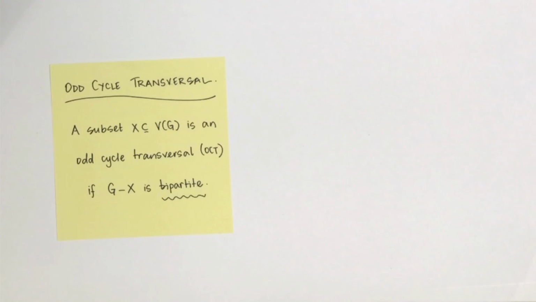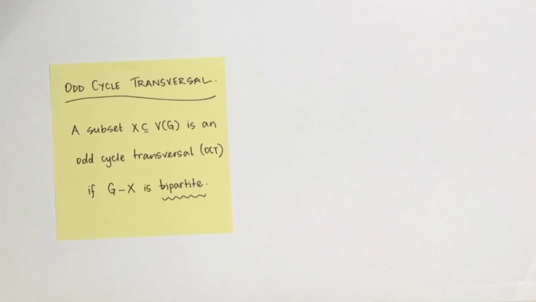Equivalently, you can think of an OCT as a subset of vertices that's interested in killing cycles, much like FVS, a problem that we met recently. But unlike FVS, an OCT does not want to kill all cycles. It's only interested in targeting the cycles that have an odd number of vertices in them, and hence the name